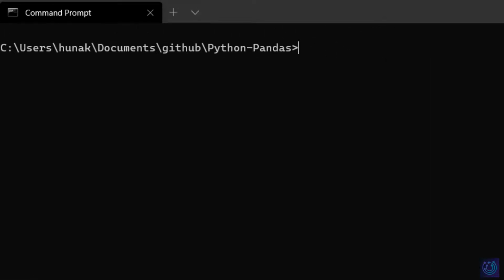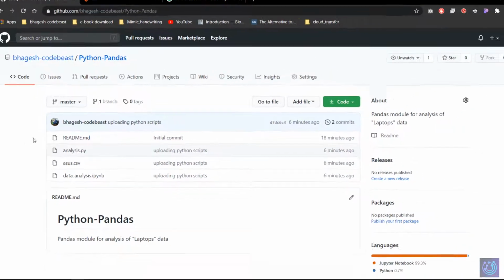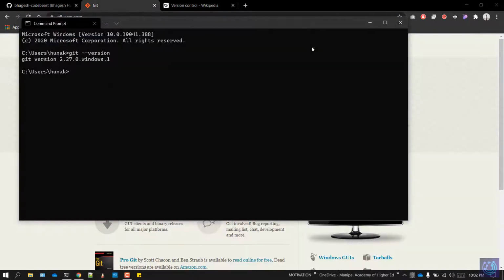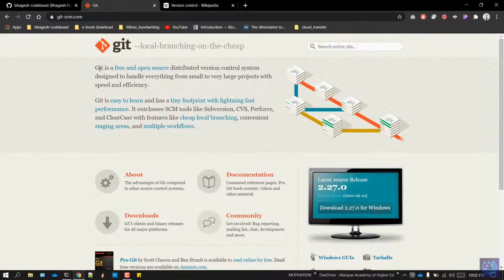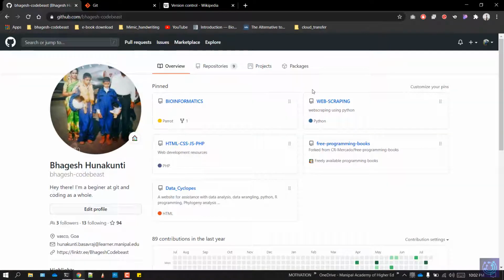Now let's head back to how we can manage our files and upload them to the repository which we created online. The first thing which we'll be going through is a short workflow as to how we can put Git and GitHub into our everyday working to manage our documents or versions of the documents.